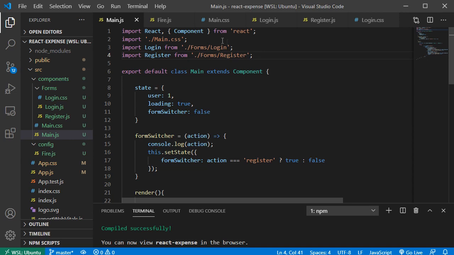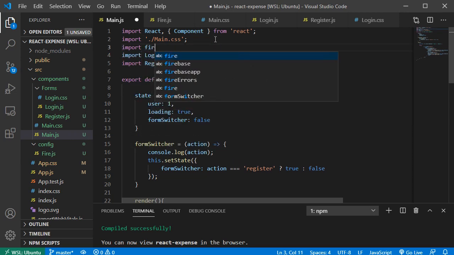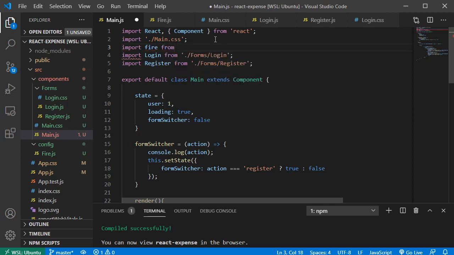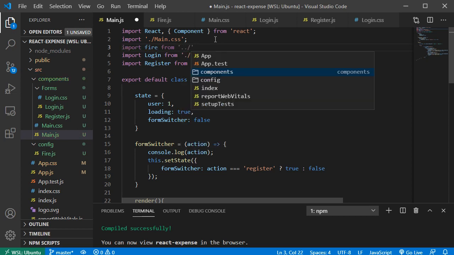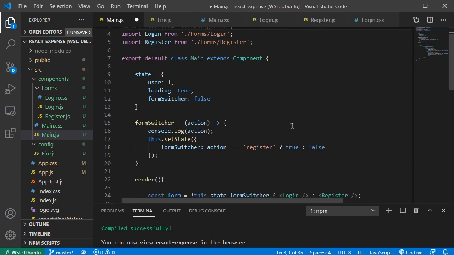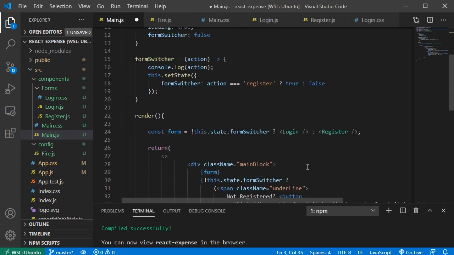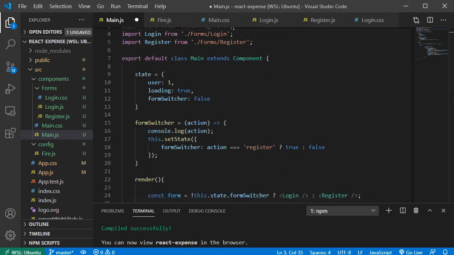So let's do that right below our main CSS file. So we'll have import fire from... go back, step config/fire. Okay, and now we have fire, and now we should create a, okay, let's see, we got this. We should create a